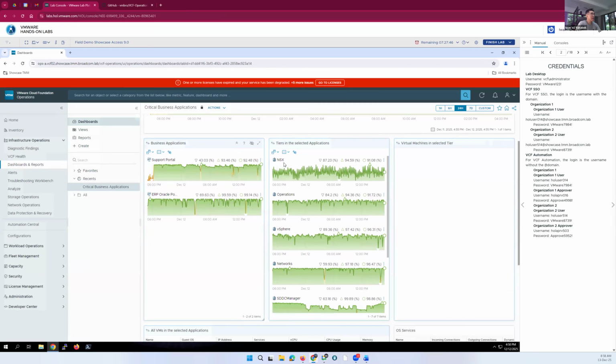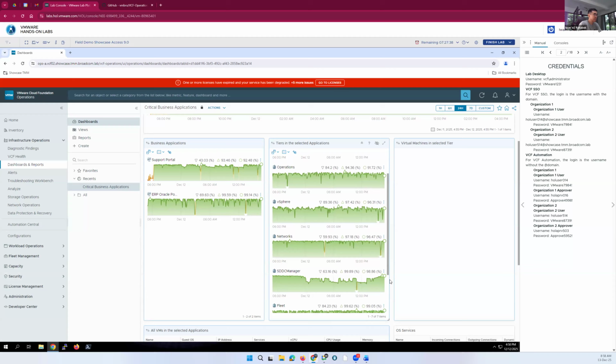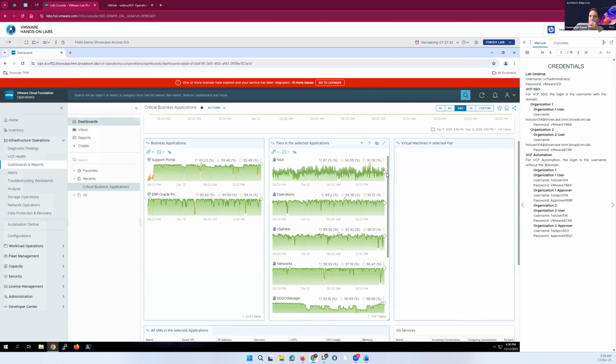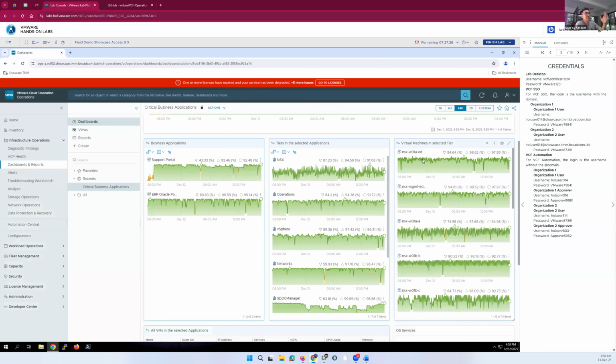In this support portal example, I can see my NSX, my VCF operations, my vCenter, my network operations, my SDDC manager, my lifecycle manager, my logs, right? And if I click my NSX here, I can see the various edges and various NSX managers that make it up.